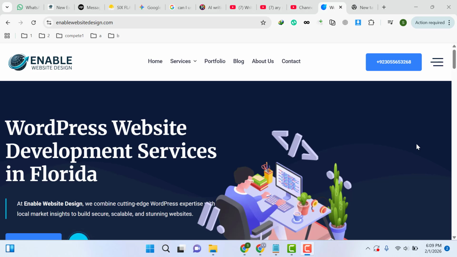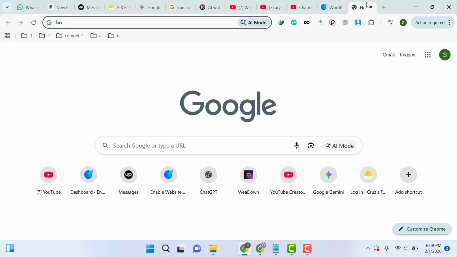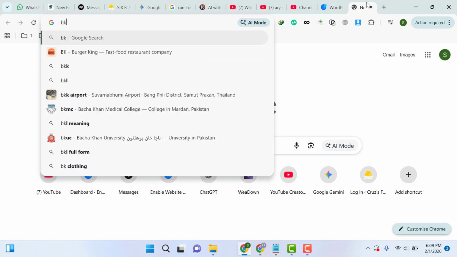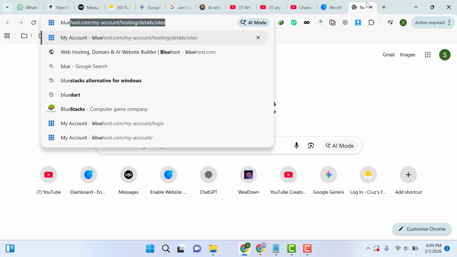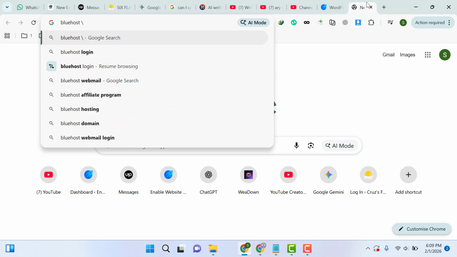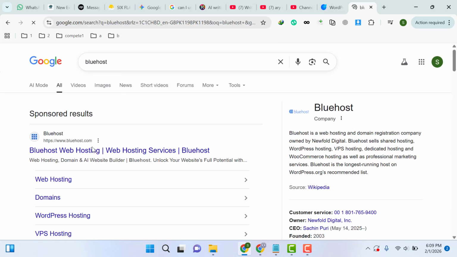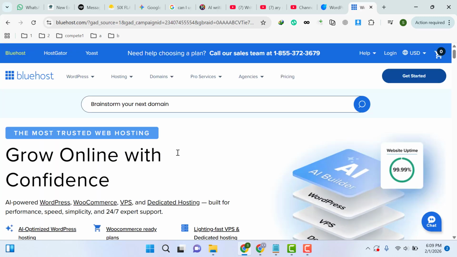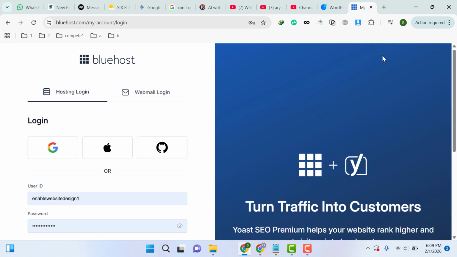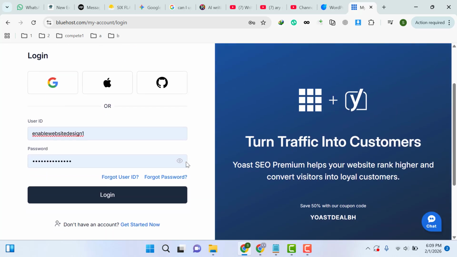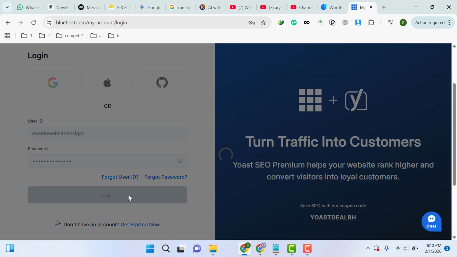In this video we are going to discuss how you can create a subdomain and install WordPress in Bluehost web hosting. Here you can go and type Bluehost and open this website. You can get domain and hosting. After that you can easily log in into your web hosting account. So if I scroll down, let me click here login button,